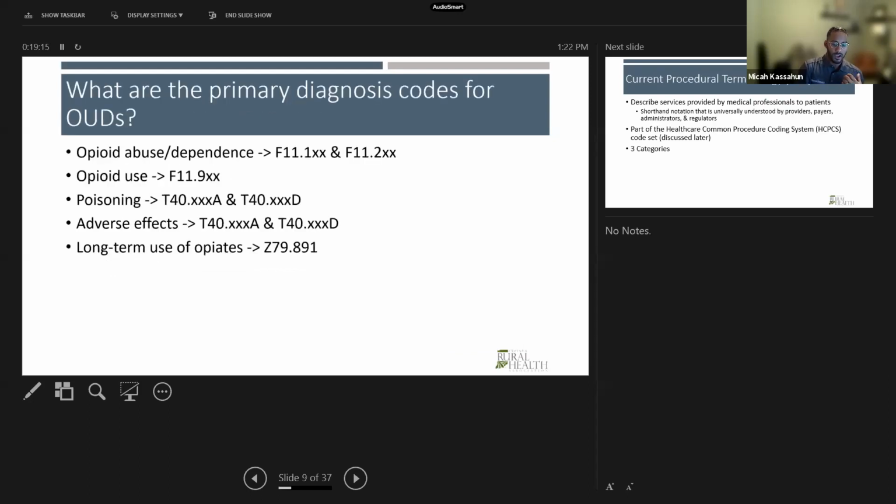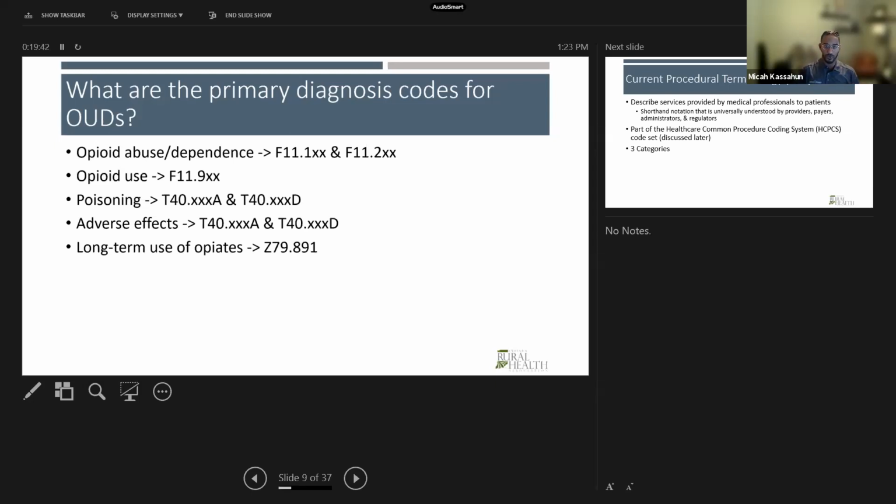So now, when looking at OUDs, I'm talking about opioid use disorders. We classify OUDs as a substance use disorder, but based on what's been going on just within the state of Indiana and the surge of opioid use, we kind of extracted OUDs from SUDs just to make them their own category so that we could specifically evaluate this issue at the ground level.